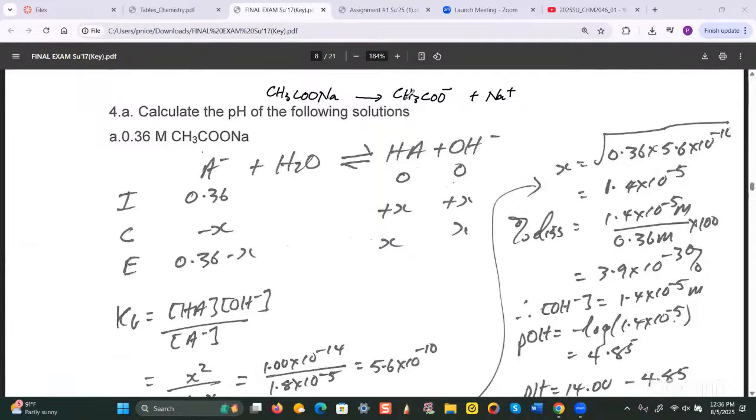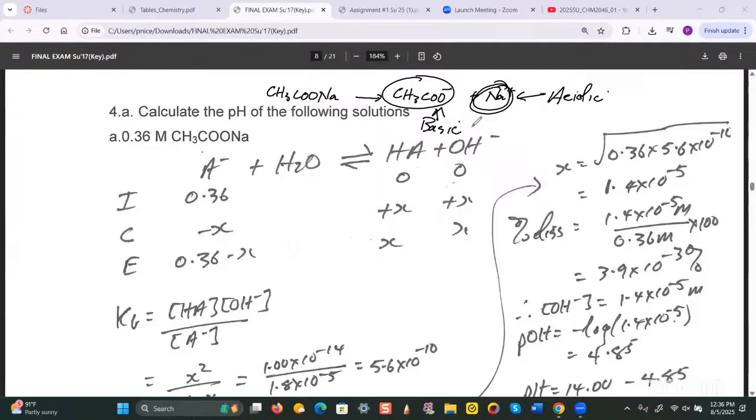Now, when it comes to a salt, a salt usually has a positive part and a negative part. The positive part would be the cation and the negative part would be the anion, right? Now, the cation is potentially acidic. And I say potentially because not all of them are strongly acidic. In fact, this is so weak an acid that it doesn't have any effect on water when it's dissolved in water. And then the other part would be basic,